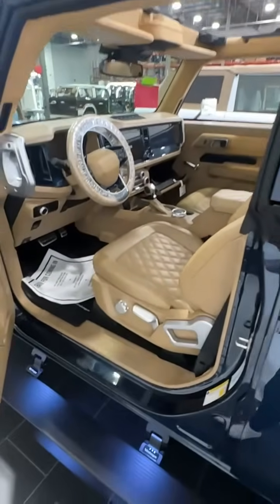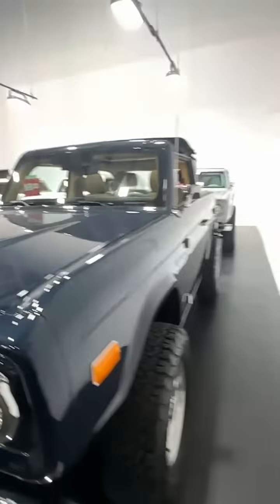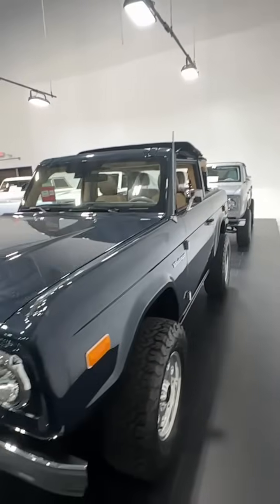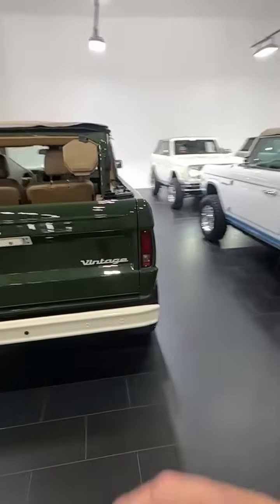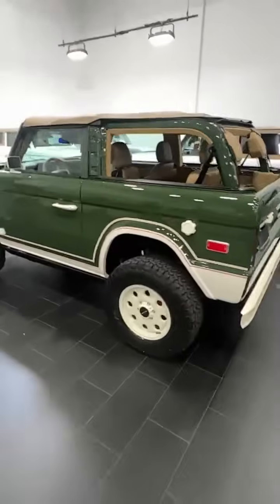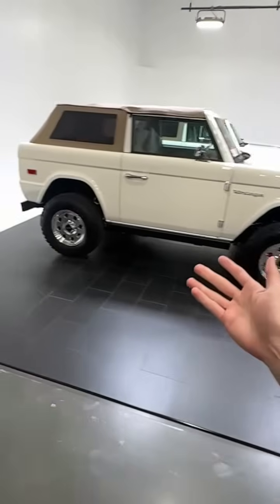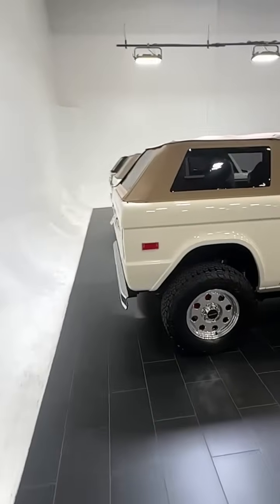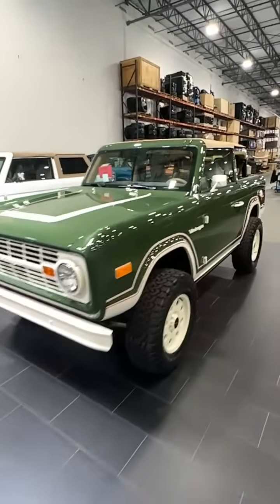You get all of your 6 airbags, your traction control, anti-lock brakes, crumple zone, side impact beams. I mean, everything that you'd find in your modern luxury car. And you can drive it day to day and use it as your daily driver. Drive it in the rain, drive it in the snow. We have clients all over the country in the cold climates and the warm climates, and in Miami when it rains, you can drive it when it rains. You can drive it in Michigan when it snows this winter,